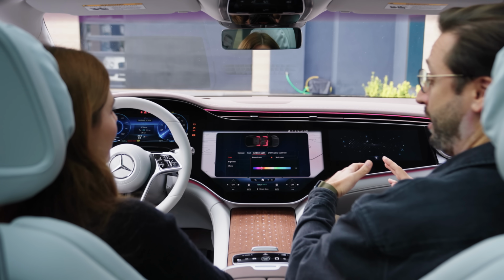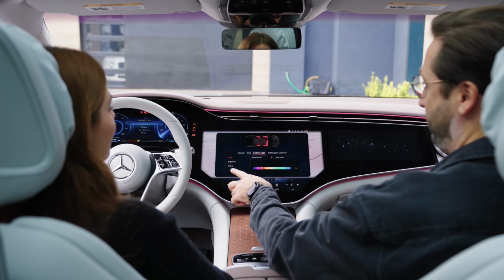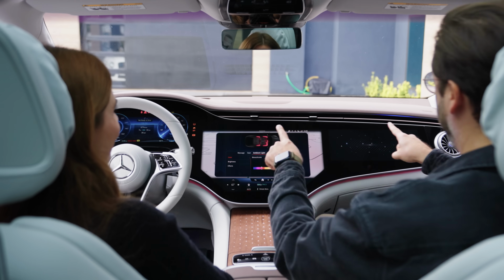And then it also has this cool animation when you're changing the temperature of the climate control. So if I tap warmer, you have this cool pulse that goes the whole way across in red. And if I tap colder, the pulse goes blue the whole way across. If you do it a bunch of times too, it's like...